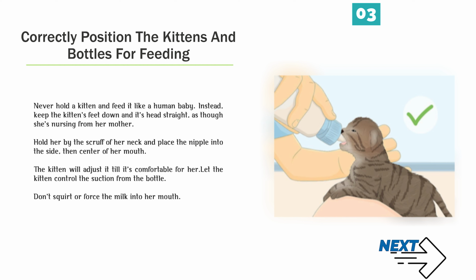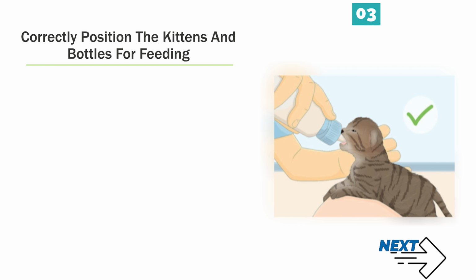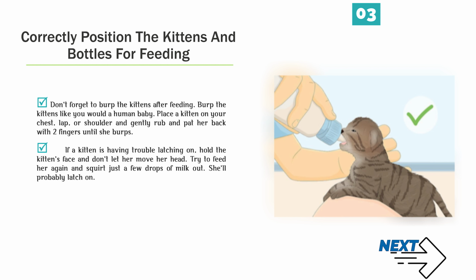Let the kitten control the suction from the bottle. Don't squirt or force the milk into her mouth. Don't forget to burp the kittens after feeding. Burp the kittens like you would a human baby. Place a kitten on your chest, lap, or shoulder and gently rub and pat her back with 2 fingers until